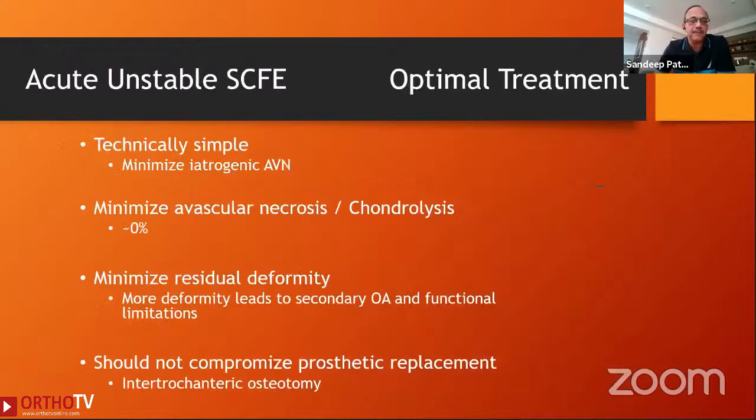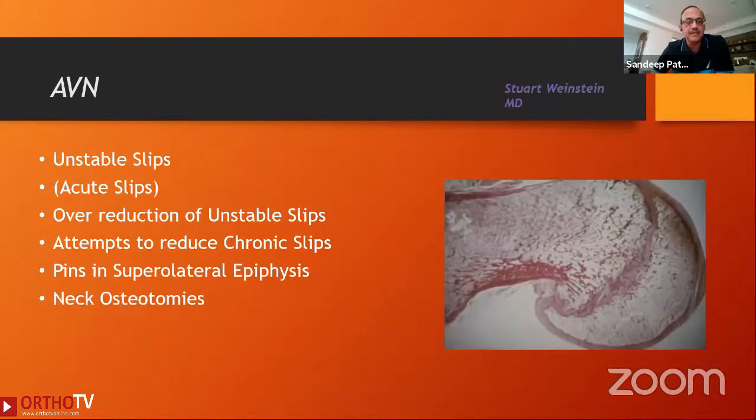So when does AVN happen? AVN is seen in unstable acute slips, over-reduction of unstable slips, trying to reduce a chronic slip, putting pins in the superolateral epiphysis, or in cases where you had to do a neck osteotomy. Chondrolysis again has been seen with manipulative reduction, long duration of immobilization, realignment osteotomies, or pin penetration. So these are the two villains which we have to be afraid of,